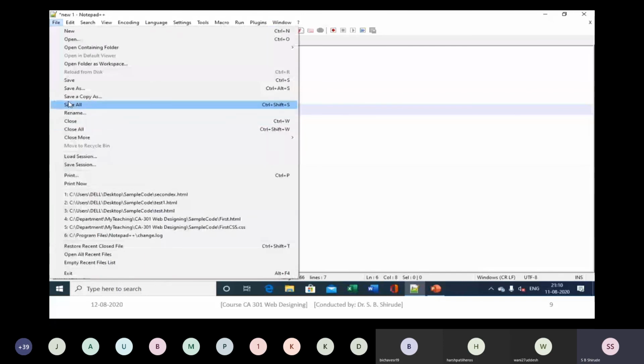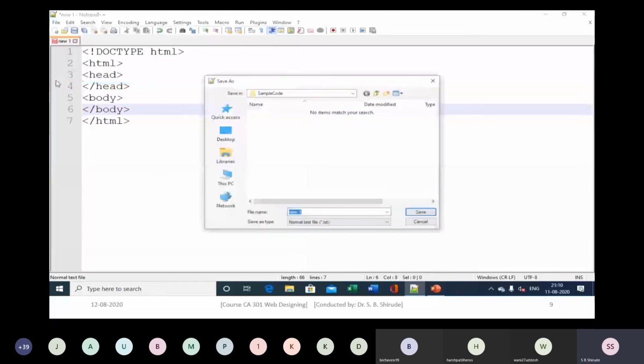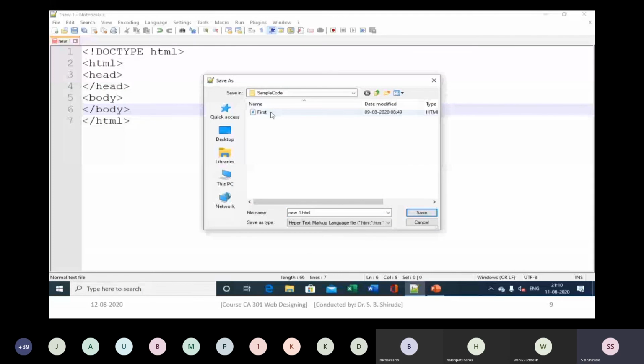Save this particular file, as I already told you, with the type .html or .htm. Save it in your folder, give it some name.